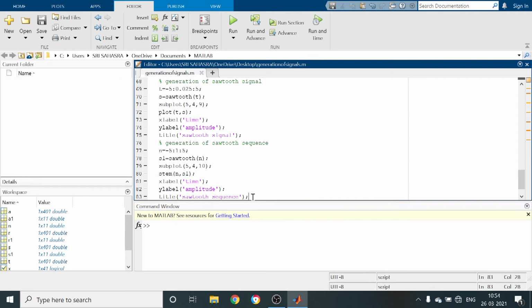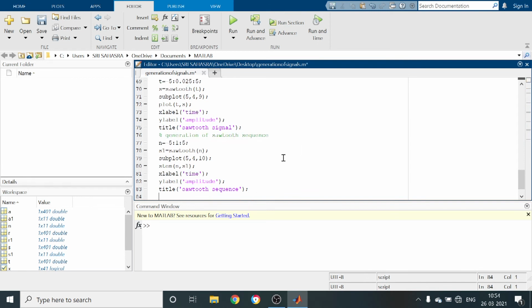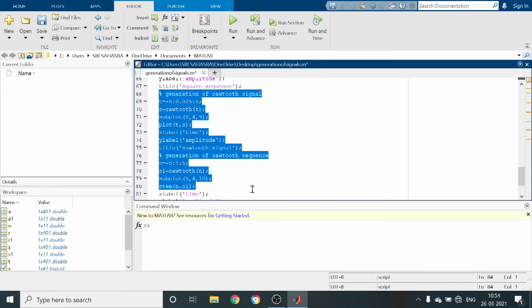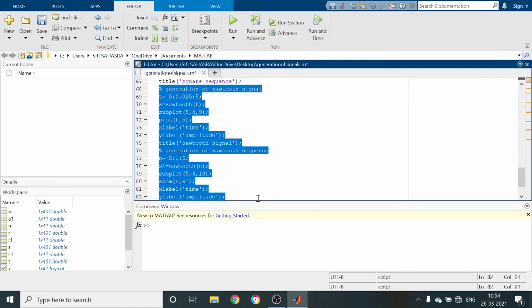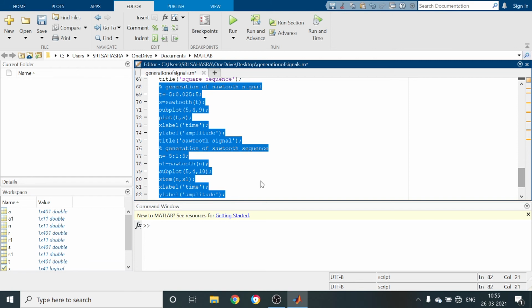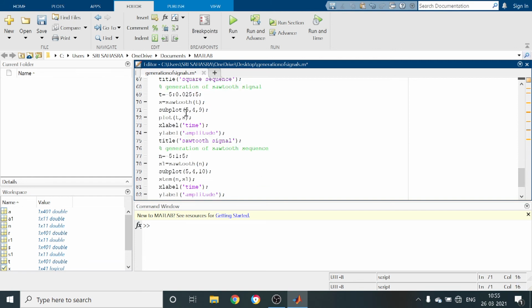Now we have to generate signum function and sync function. Next one is triangular signal.